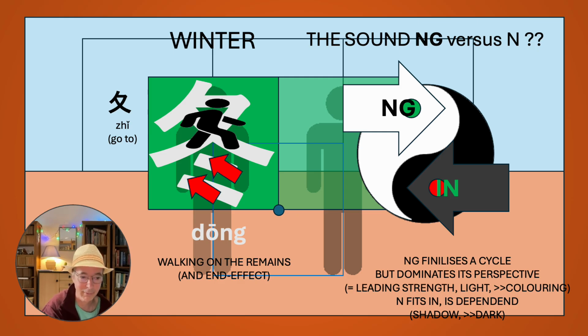Yang and yin, where when it is ng, when it is n, even between n, you can hardly hear the difference, but there is a strong difference and a strong distinction between these things. The sound ng against n is that you have that extra G there in that sound, and that finalizes always a cycle